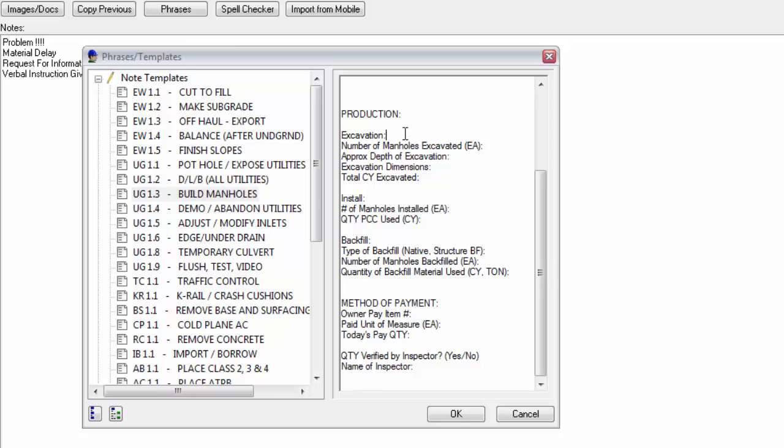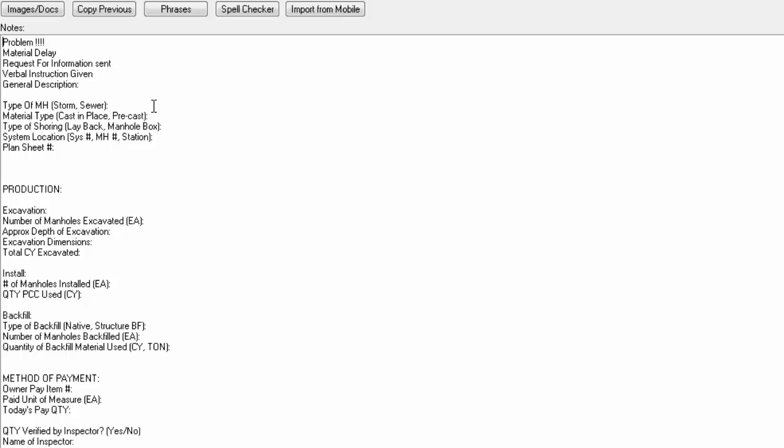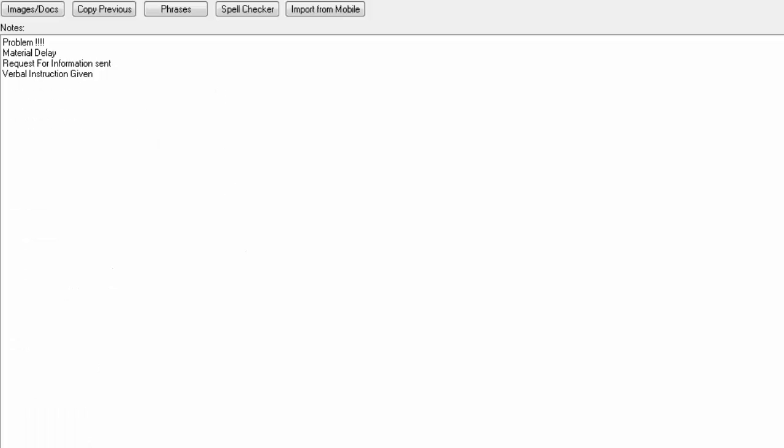You can either fill them out here by tapping your cursor in adjacent to each line, or you can say OK and fill them out on the diary. So general description, type of manhole, production, excavation. They're just a list of predefined questions that they're asking you to answer for each of the note templates. As I mentioned, the note templates work